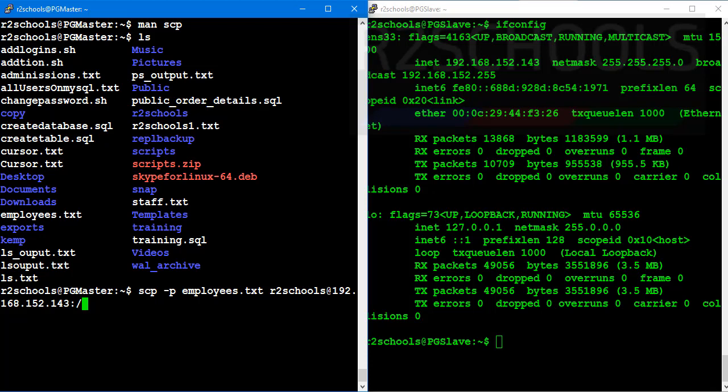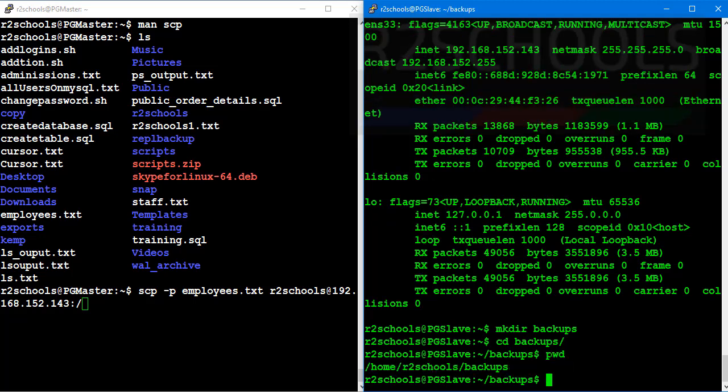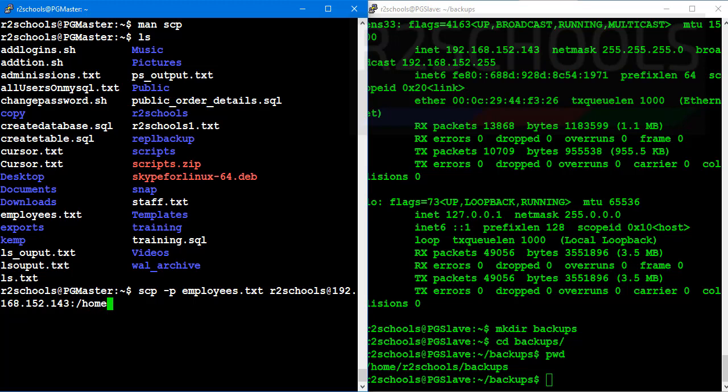I want to copy that file to this location. Then enter that location and press enter.